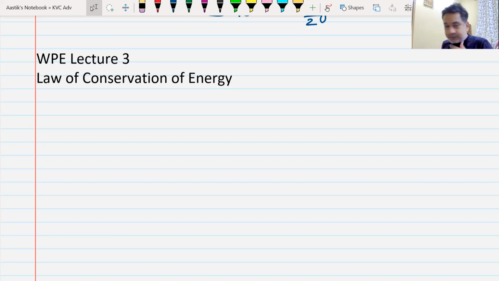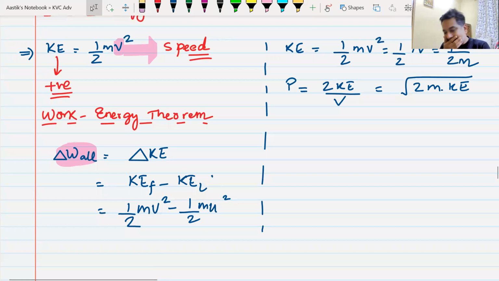We are into lecture number 3 on work, power, energy, and in the last class we had seen the work energy theorem. Yes or no? Yes, sir. We had seen how we can use this work energy theorem. It simply states that the work done by all forces is equal to the change in kinetic energy. We can apply this